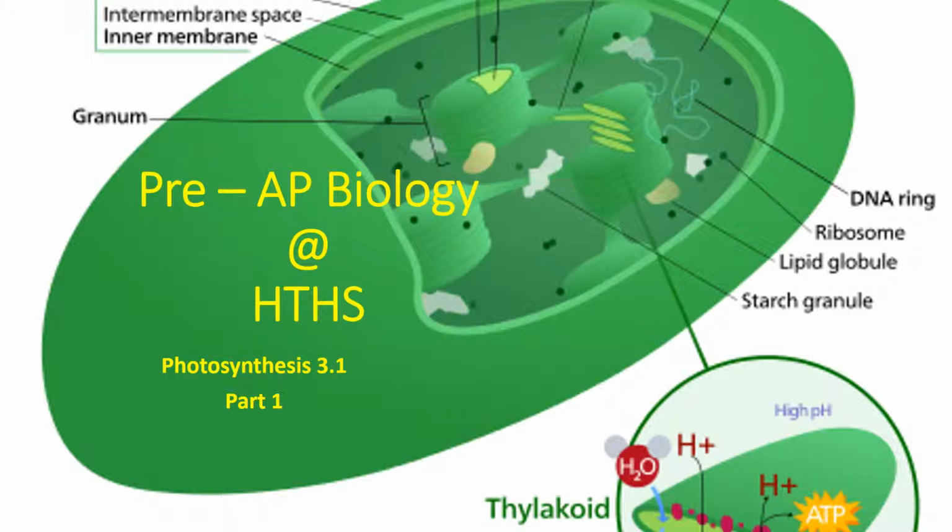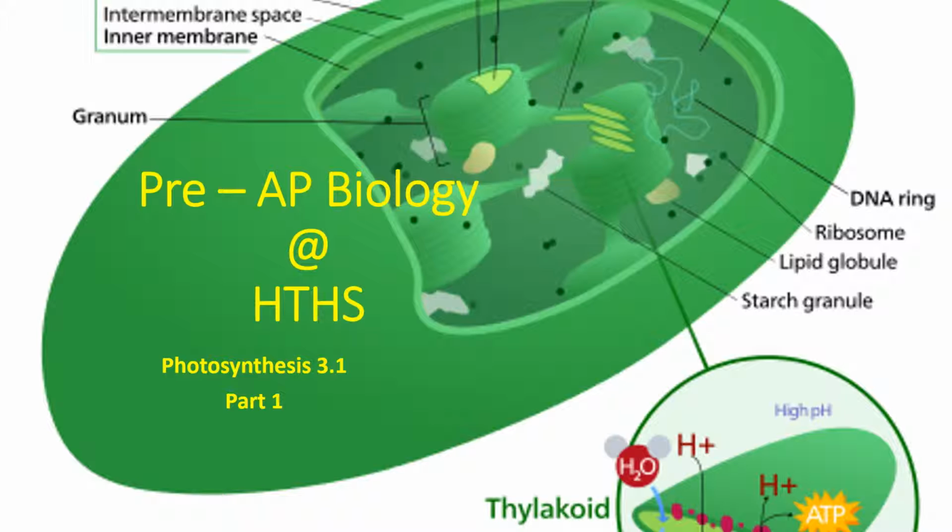This is Unit 3, and we're going to be talking about cellular energetics. Okay, so the first unit we're starting on, the first part, is going to be photosynthesis. And you should have your notes out for photosynthesis part 1, 3.1. Okay, and we're basically going to talk today about how the sun's energy is converted into a form that we